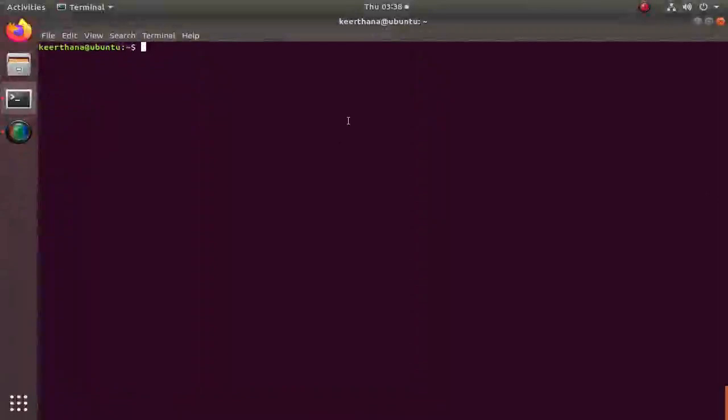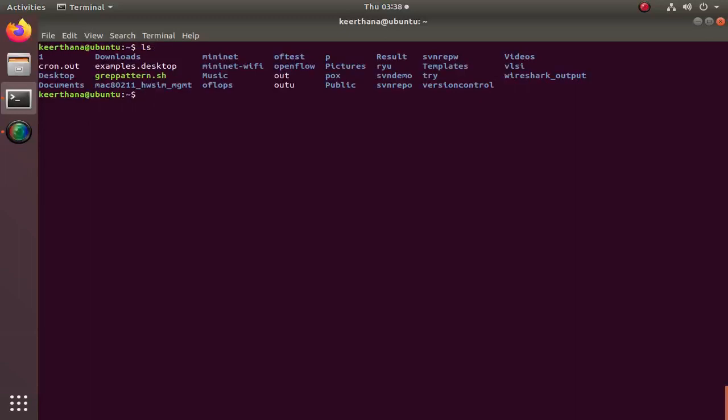Now let's see how to use svn list. ls is a normal ls command. I want to list the different files and folders in my current working directory. I already created svnrepo, so svnrepo is my repository. Now I want to list the different files and folders in my repository.